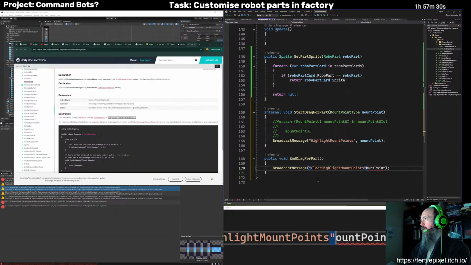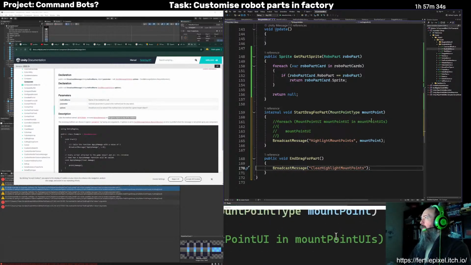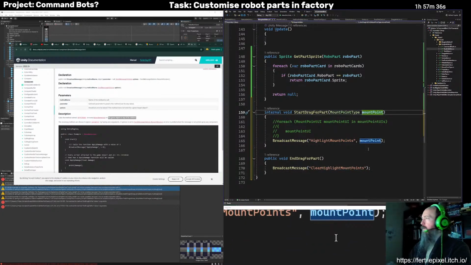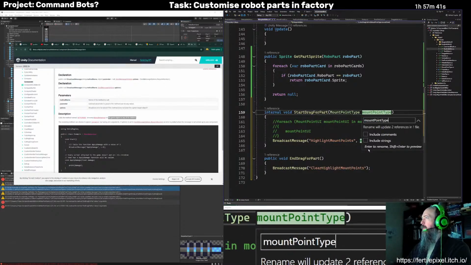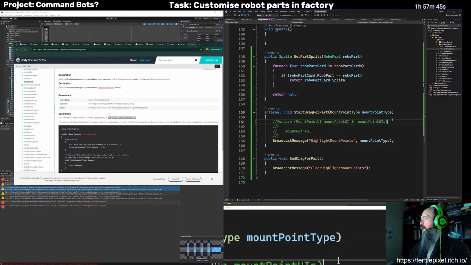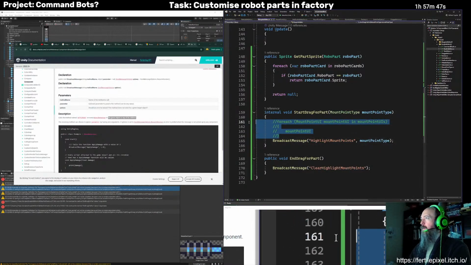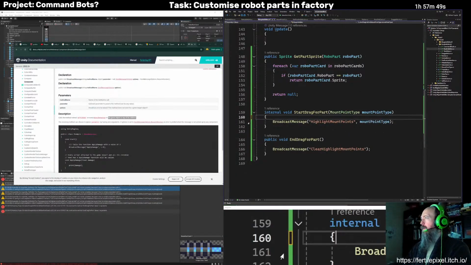And we don't need a type of mount point. I'm going to call this mount point type, because that's what it is. There's a difference between a mount point and a mount point type. So there we go.